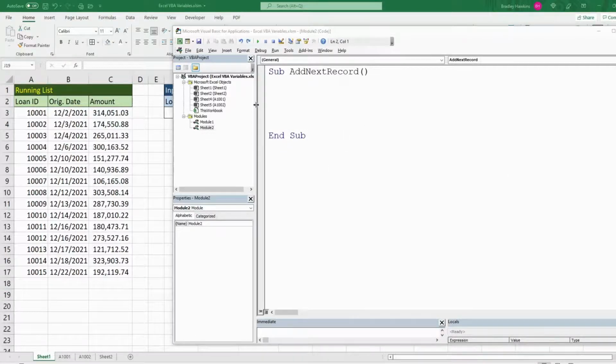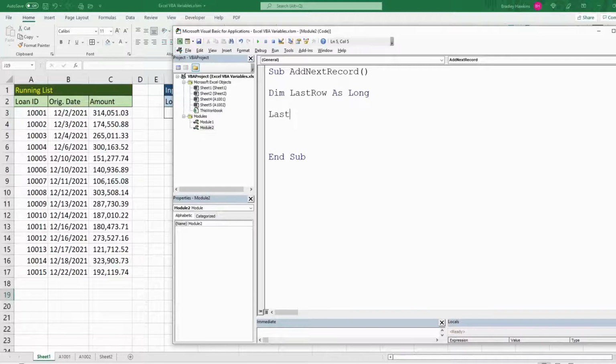So we're going to begin by declaring our variable with the keyword Dim, and I'm going to call this variable lastRow because it's going to represent the last row in our data set, and really it's the first blank row below the end of our data set, but we'll call it lastRow. It's going to be as the data type Long because it is a number variable,